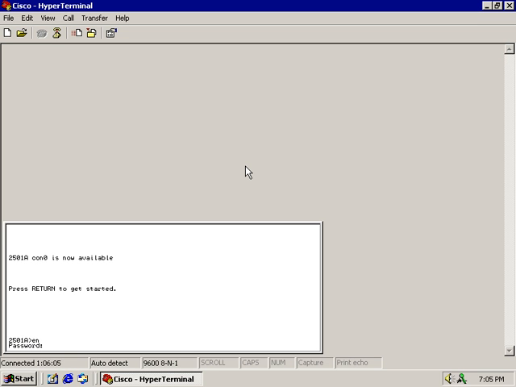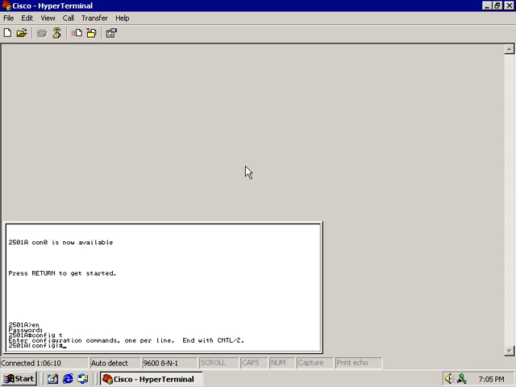From here I type in my password. Now I'm going to type in config t. That takes me to the global configuration mode. Now I'm going to type in